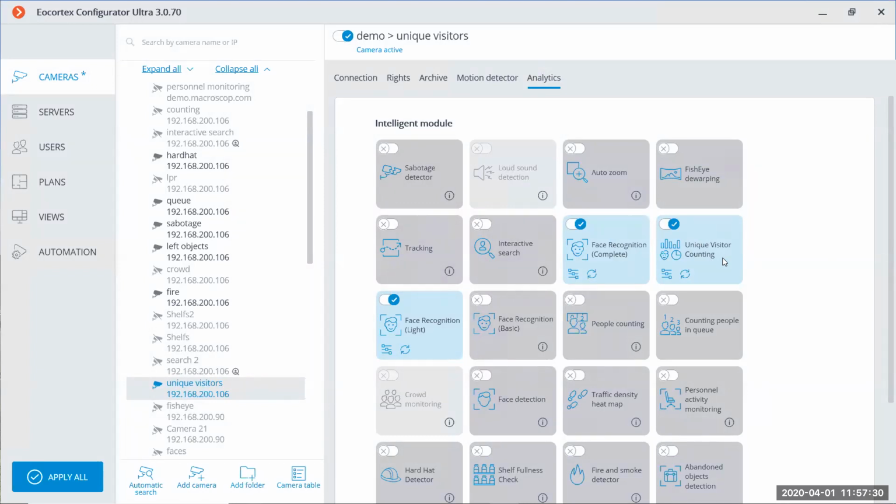If you need to use these two modules at the same time, that's possible. You can enable facial recognition complete and unique visitor counting on one camera, and the advantage of this combination is that the load will still be the same because the engine is absolutely the same. So you have the load from one module, but you have the metadata from two modules at the same time.